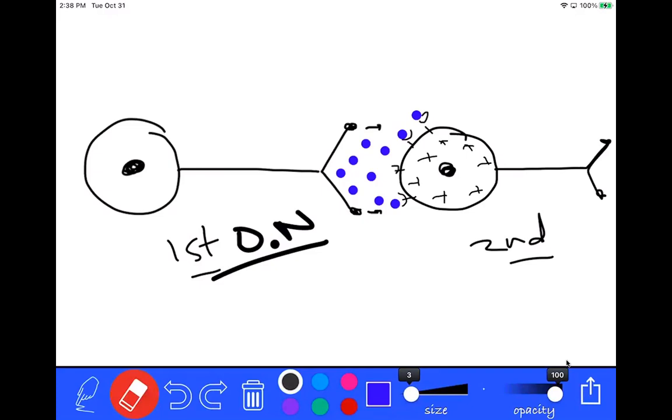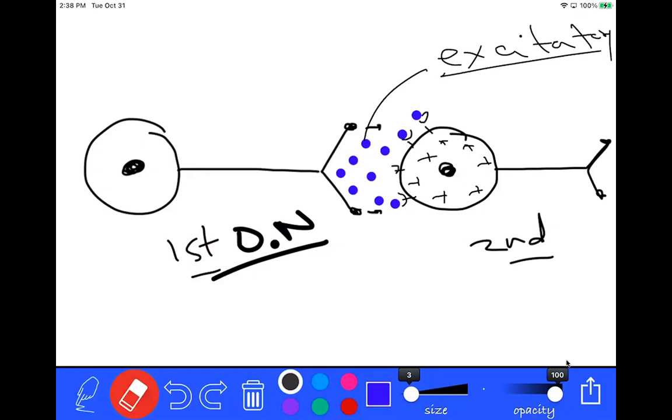Is it going to be awake or asleep? Positive charges, is it going to activate the neuron or put the neuron to sleep? Activate. So we call this scenario, and we call the neurotransmitter in this case, excitatory